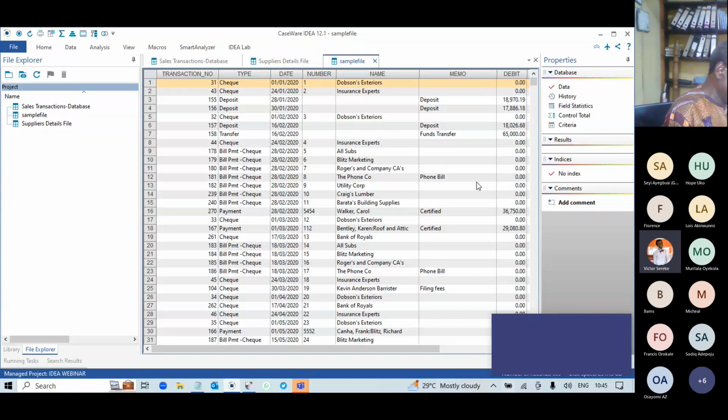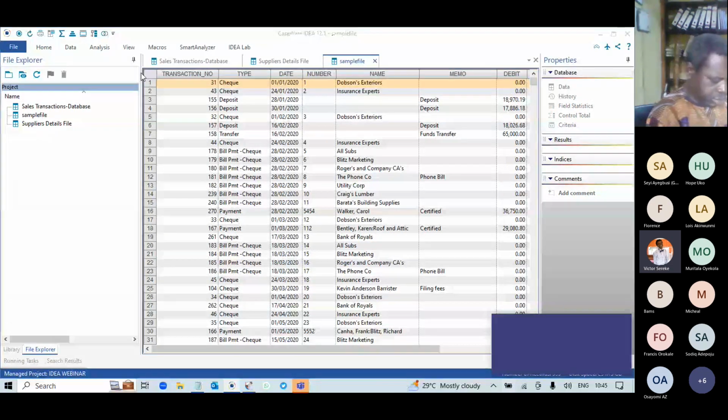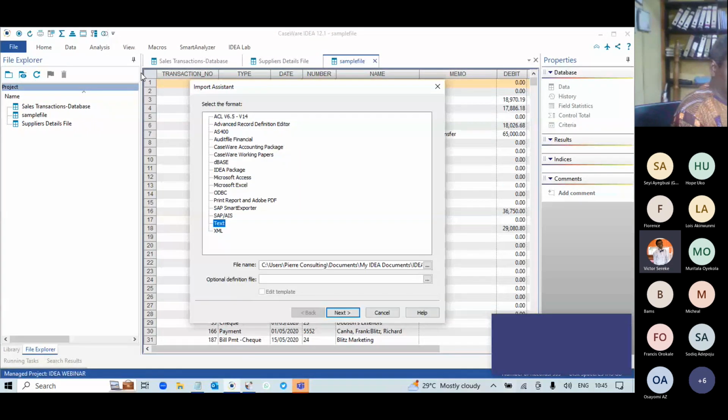And bring in is a PDF. PDFs are virtually everywhere these days. We have documents being uploaded in PDF format. We have bank statements being sent across in PDF format, and what have you. So we want to be able to see how we can import data from PDF. Now this particular PDF is